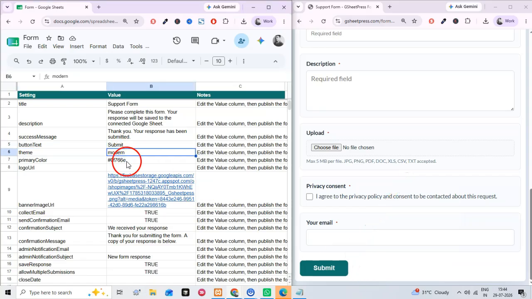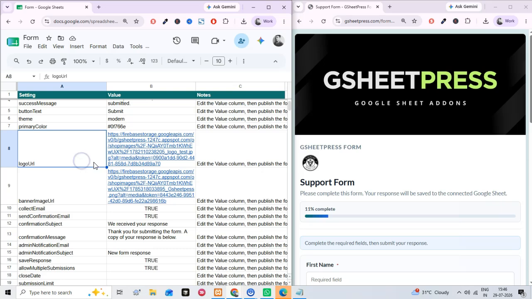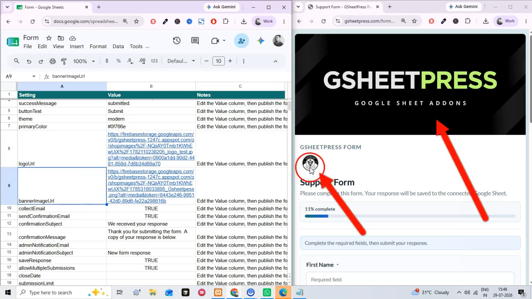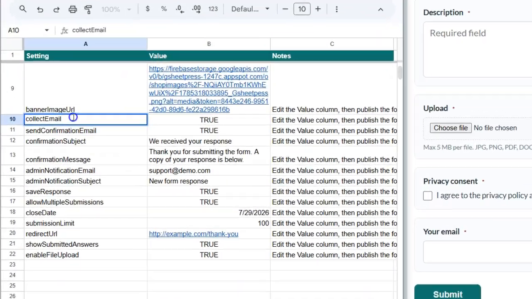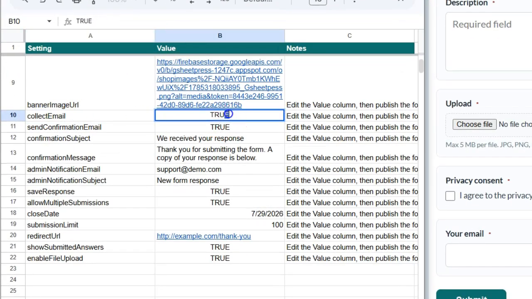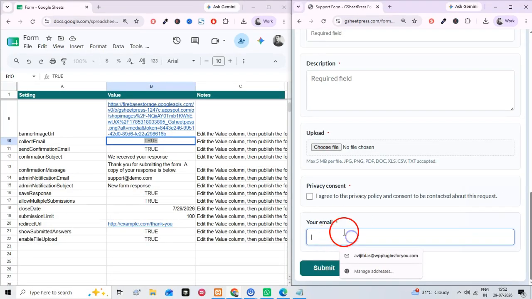5. primaryColor. This is your accent color used to style the Submit button. 6. Want a logo or banner? Add a link under logoUrl or bannerImageUrl. Both are optional images shown above your form. 7. Need respondent emails? Set collect email to true and a required email field gets added automatically, no extra